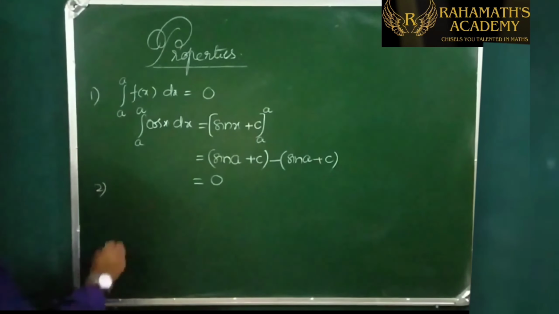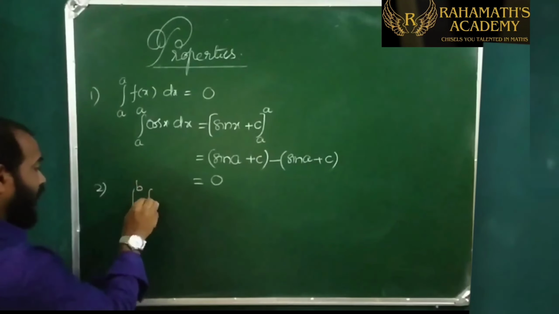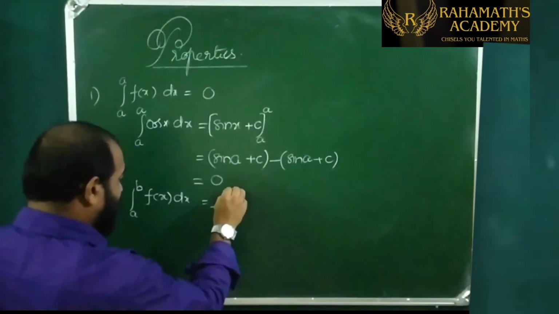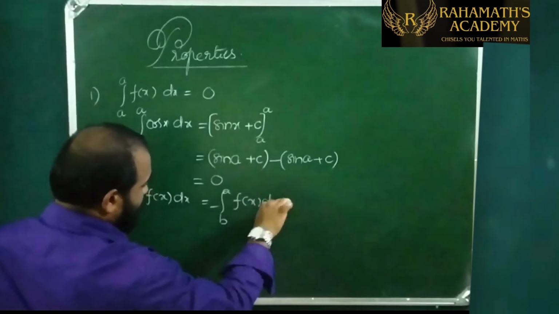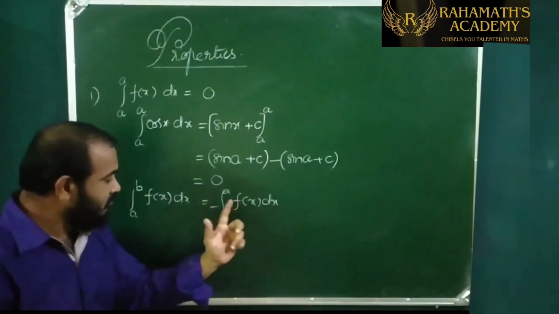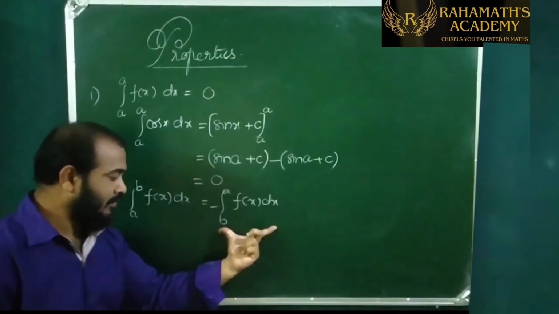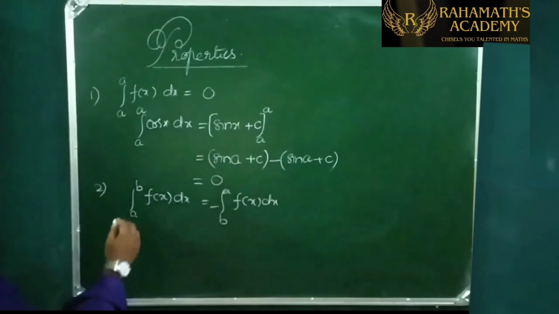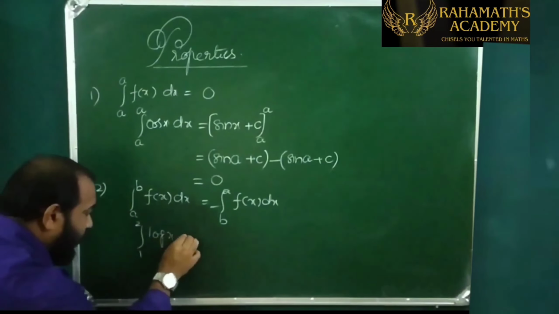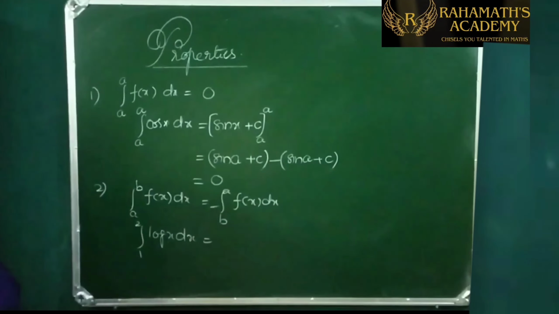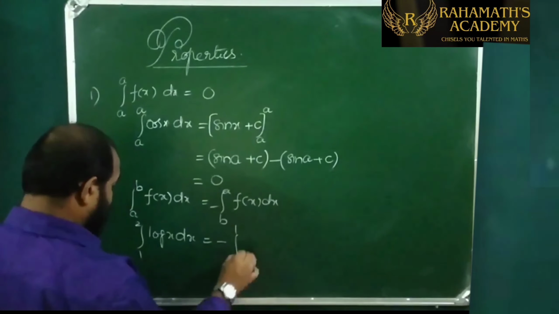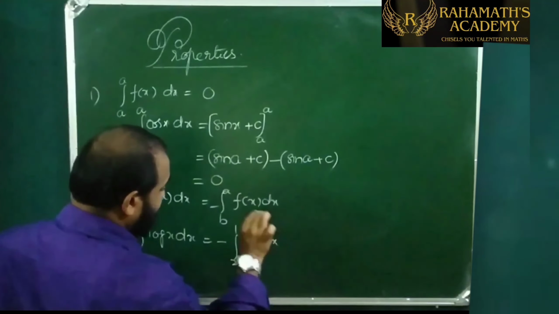This is the first property. The second property is the integral from a to b of f(x) dx is equal to minus the integral from b to a of f(x) dx. So whenever the limits are interchanged, it differs by an opposite sign. For example, if you take the integral from 1 to 2 of log x dx, this is equal to minus the integral from 2 to 1 of log x dx, because